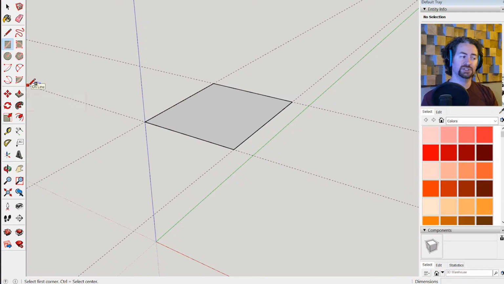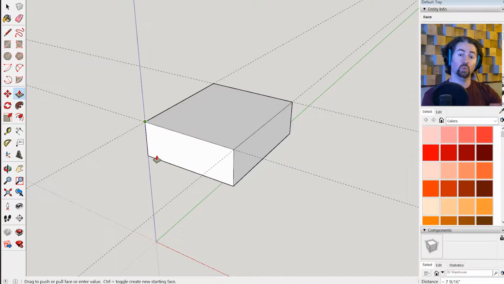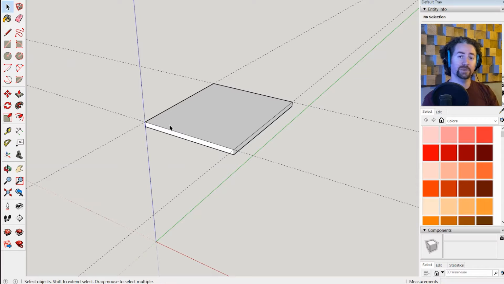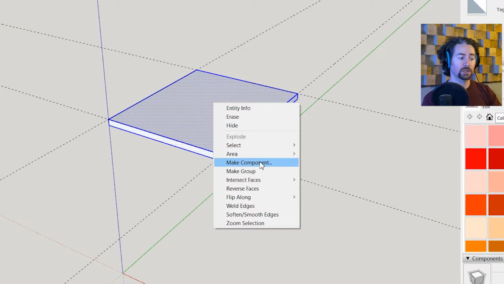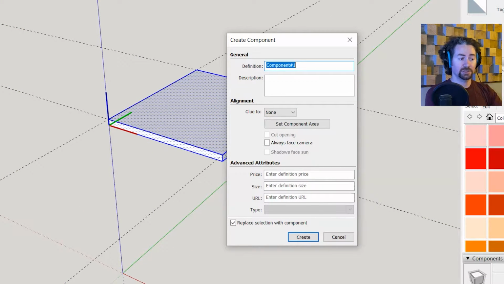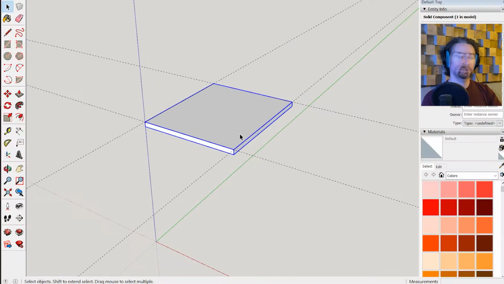So I'll switch to the select tool, select the fill of my rectangle, and then switch to the push-pull tool. Then I'll click the corner of the tabletop and move it downward and type 1, enter. That'll make the tabletop 1 inch thick. Then I'll triple click on the tabletop, right click, and make it a component and name it tabletop. By making it a component, I won't interfere with it when I draw my other shapes.